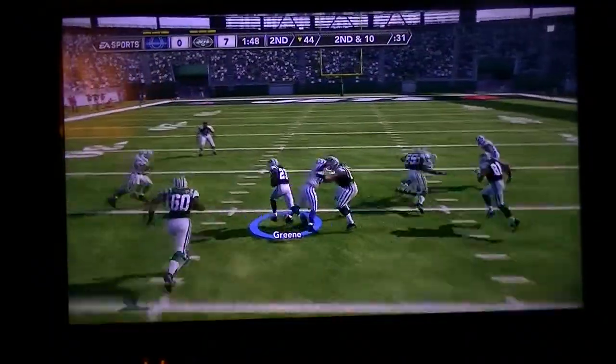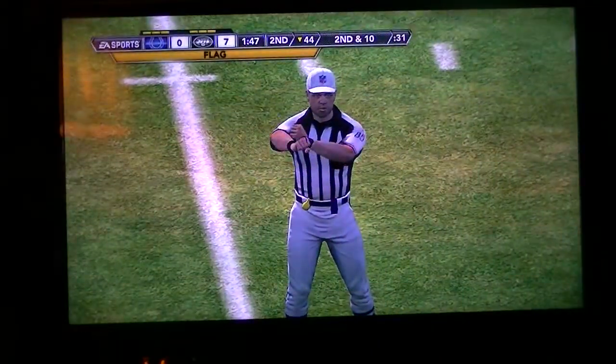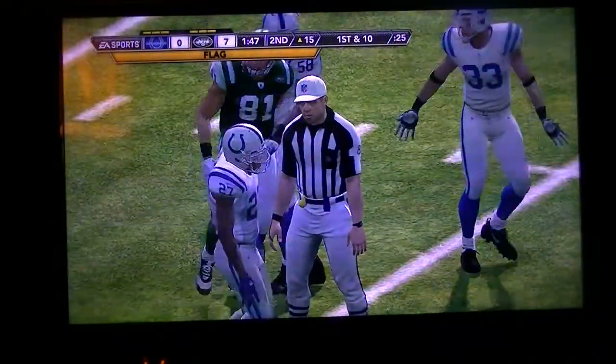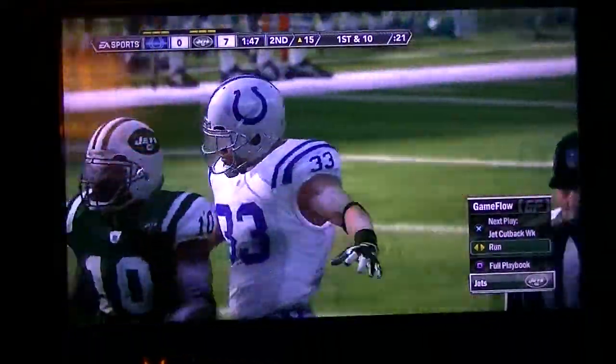Green on the draw. And he's running with a purpose now. Personal foul. Finally got him down at the 30. First down. And so the defense gives up some yards after the flag. Gus,